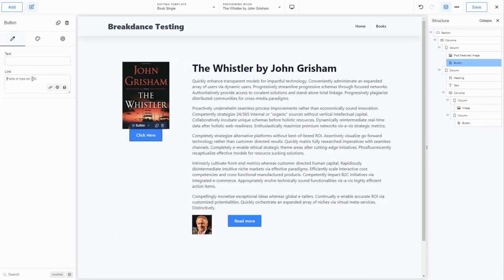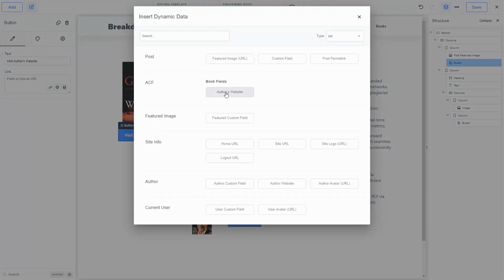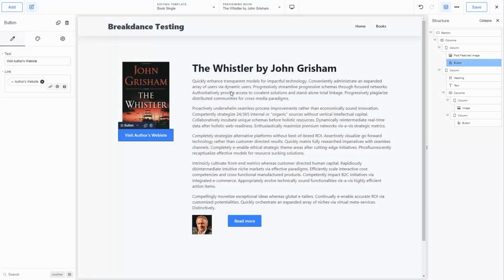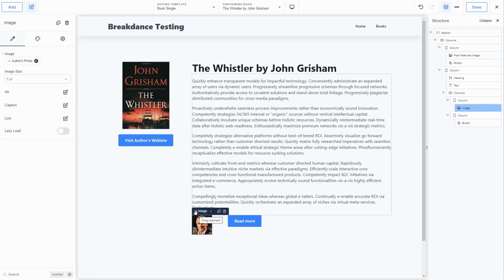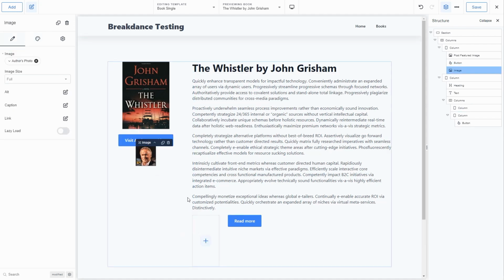And I'll say visit author's website, and our link will be author's website book field, and we'll add some margin to the top. Then I'm going to copy this image right there, and